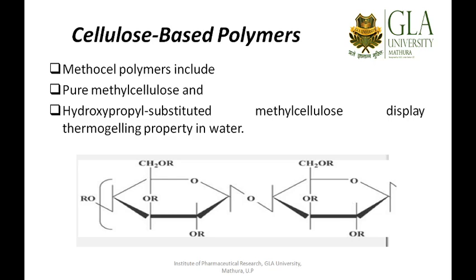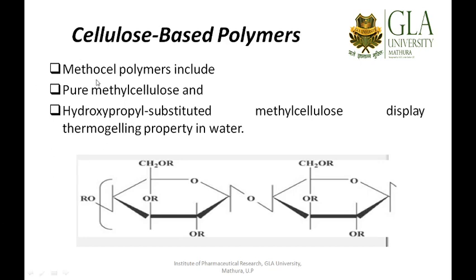So let us come directly to certain examples of polymers we will be using in the pharmaceutical field to control or sustain the drug release, or any of the properties which I have already mentioned in my previous slides. So cellulose is a wonderful polymer. It is a naturally occurring polymer. I have shown you this in the previous lectures as well. And in the pharmaceutical space, companies are manufacturing cellulose and its derivatives with altered pharmaceutical properties.